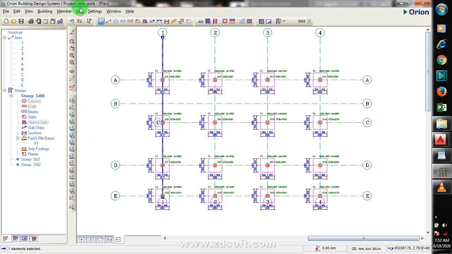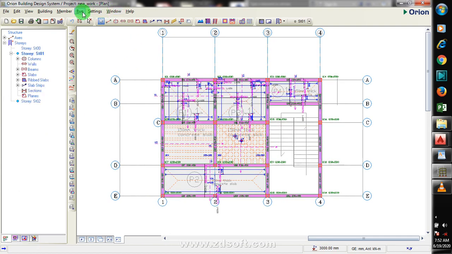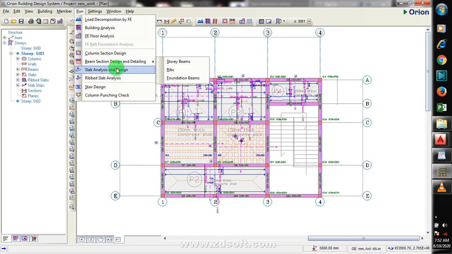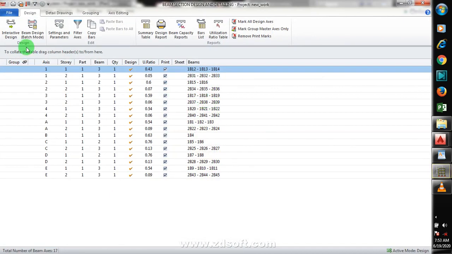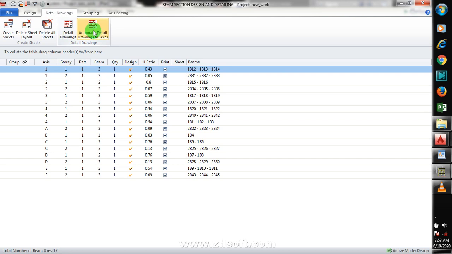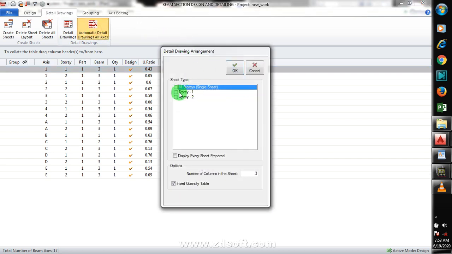Just if I want to take the quantity of these, I can show the quantity. So many things I can actually do. If I go back to my story 0, I can actually export my strip. I can come here to my slab, story beams. If I go to my beams, all I need to do is to come to my detailed drawing. I can click on automatic here. If I select all stories in single sheet,